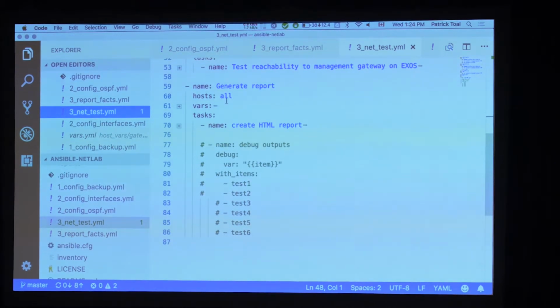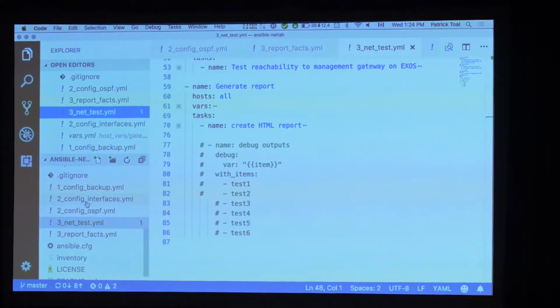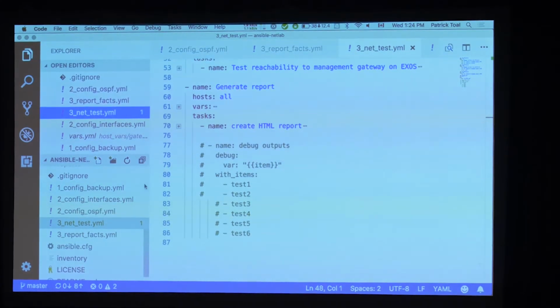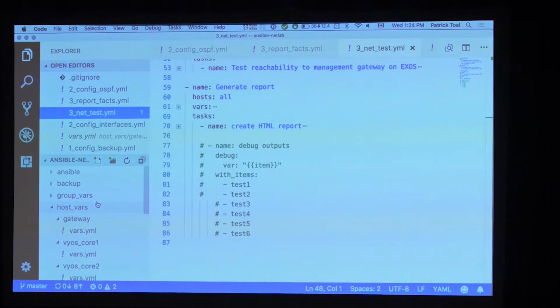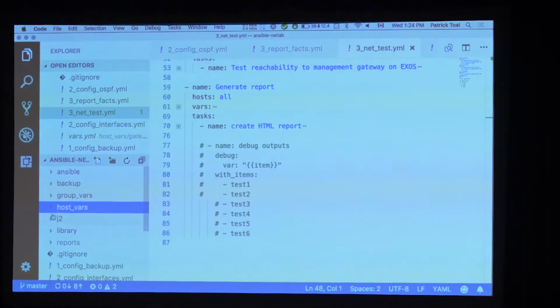Now I'm using a templating language here. So I'm using a Jinja 2 template, and the Jinja 2 template is,